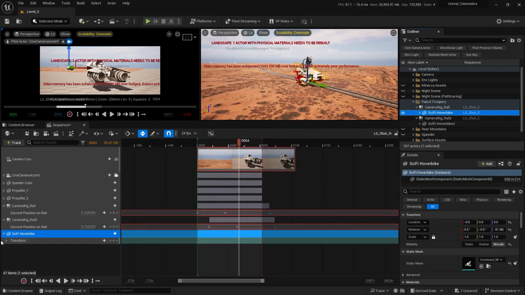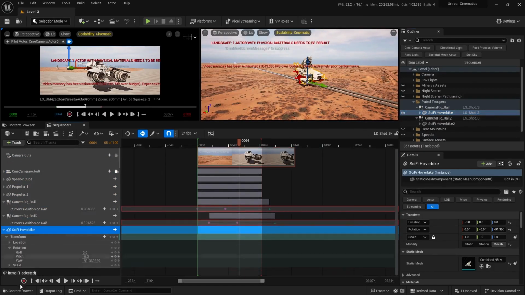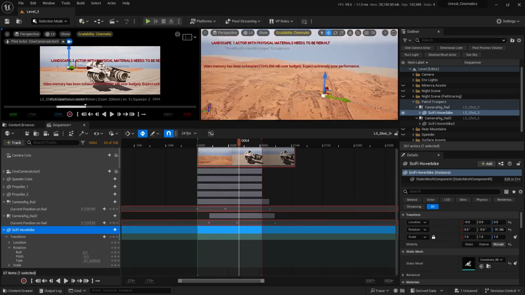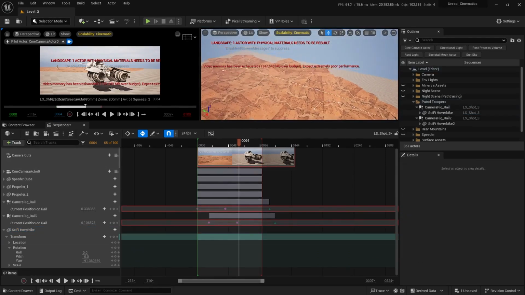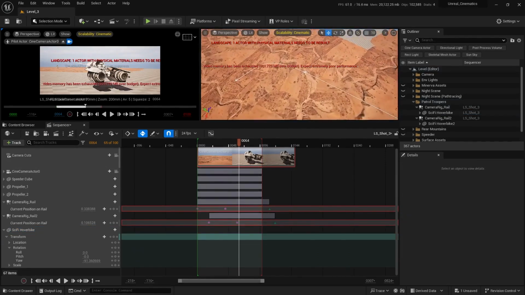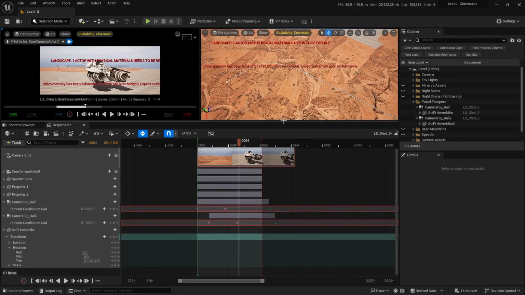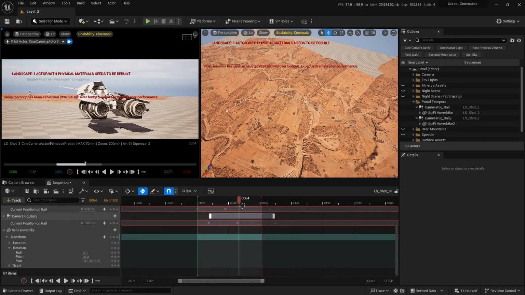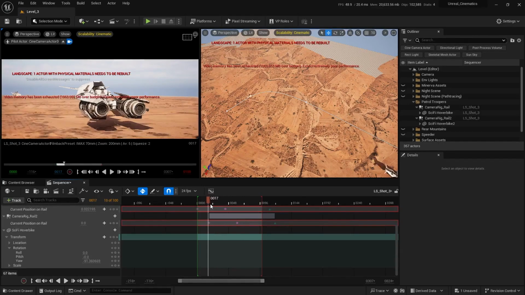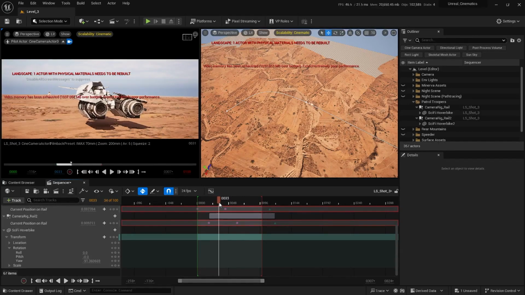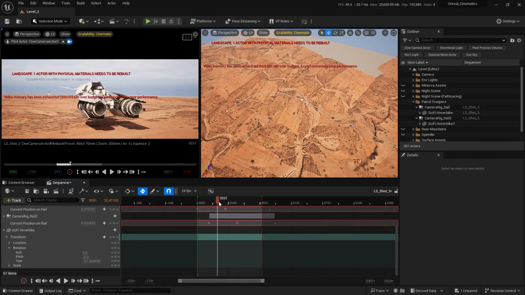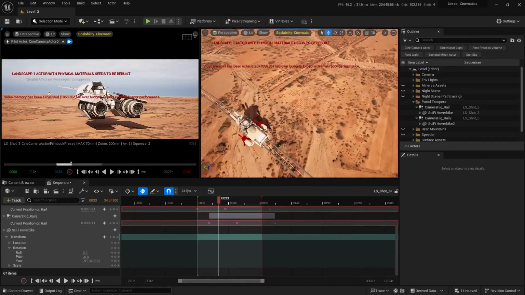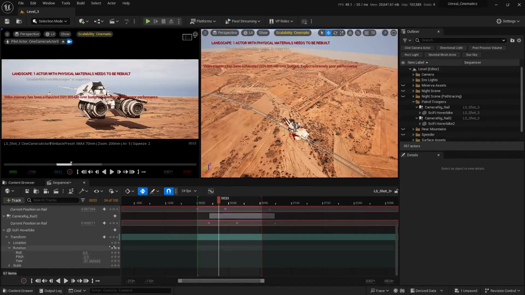I'm gonna open up transform and open up this rotation parameter. Let me just zoom out here, and let me just bring down this sequencer to just about there, and I'm gonna move this playhead to just about there, let's say, where it completes the turn. I'm gonna now add a keyframe in this rotation parameter on pitch, and